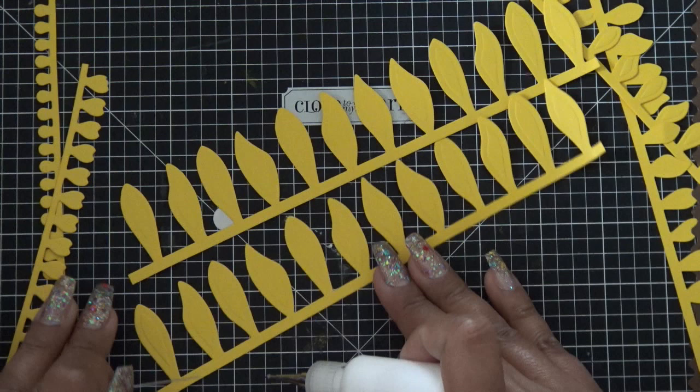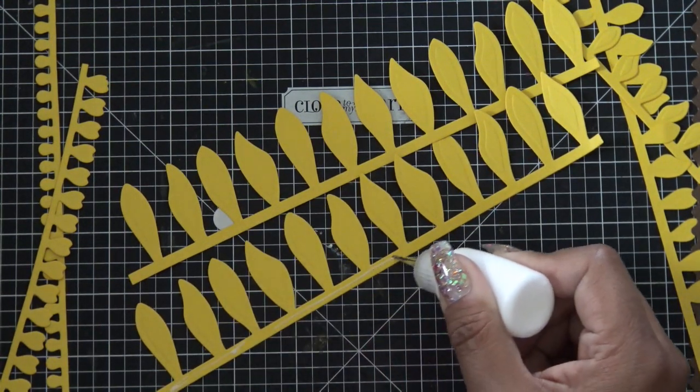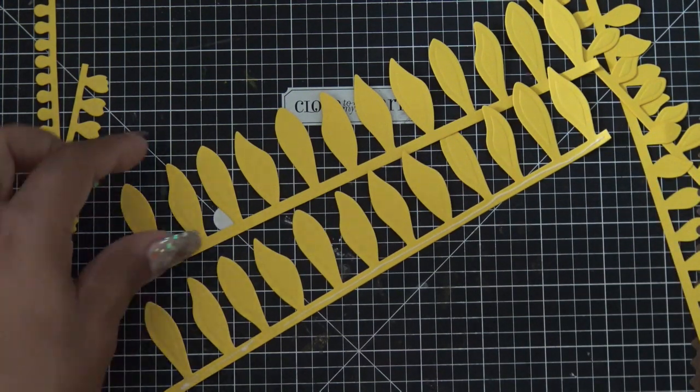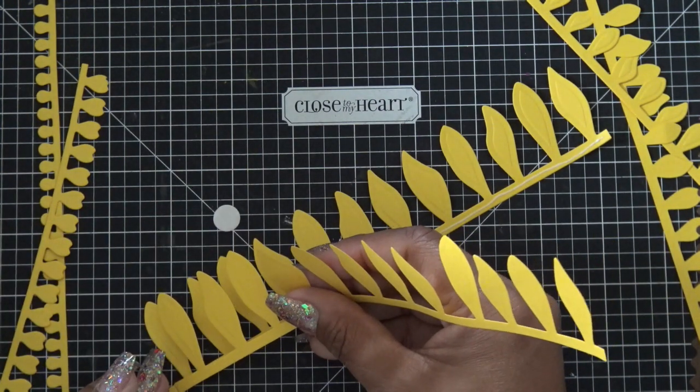So I'm going to move these things to the side. I'm going to add a little bit of glue at the base of this. And this is basically how you quill anyway, adding the glue at the base like that. Like I said, I'm not going to put glue at every juncture. And then you're going to kind of...